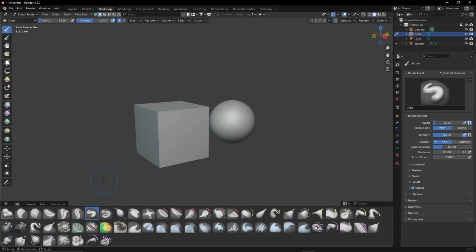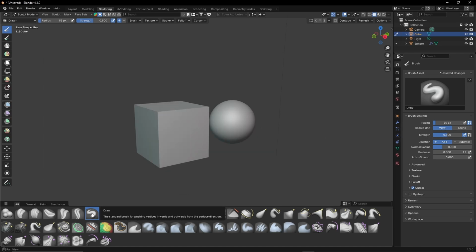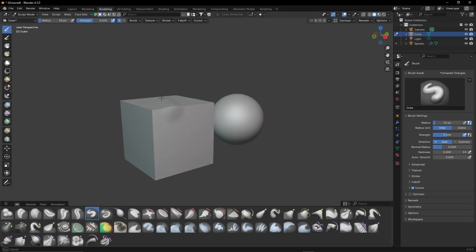So the first brush we're going to be taking a look at, of course, it's a classic. It's the draw brush. This is the one that you're going to be on by default when opening the sculpting panel. And this is just your basic run-of-the-mill, unseasoned brush. When we go to sculpt on our surface, it does exactly what you would expect. And it just kind of draws